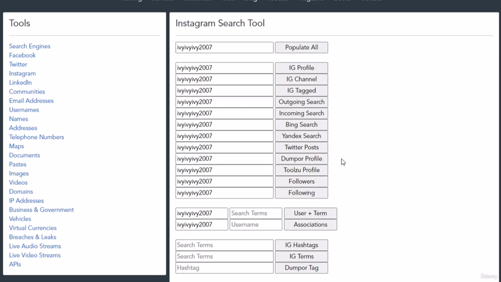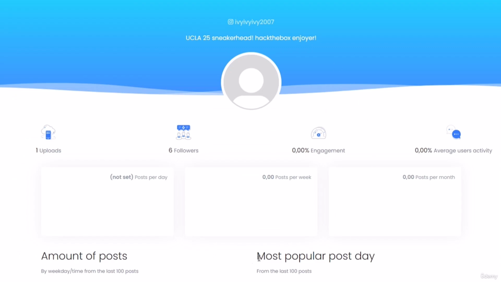Then we can get redirected to their followers and their following pages. Of course, if their profile is public, it will be very convenient to see who they are following and who is following them. Also, why would we use this tool when we can do it all manually? When it becomes a little bit monotonous performing one search after another, it is good practice to keep tracking that we applied the same methodology to every profile we come across. Now let's get back and see if this has found anything, and as we can see we got nothing.